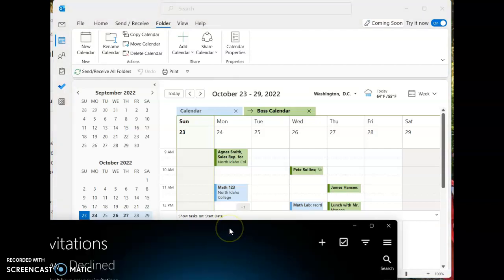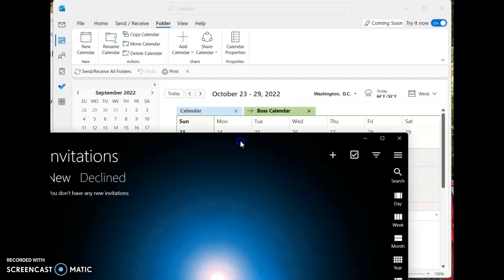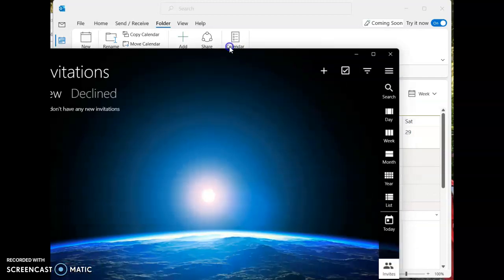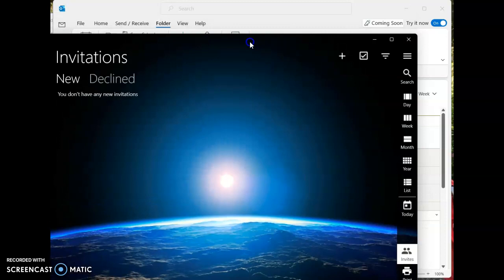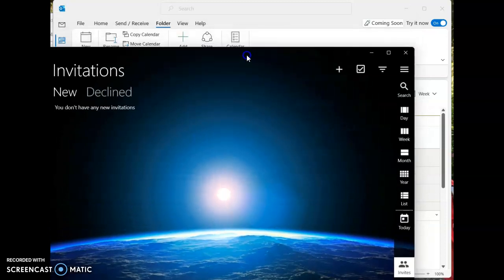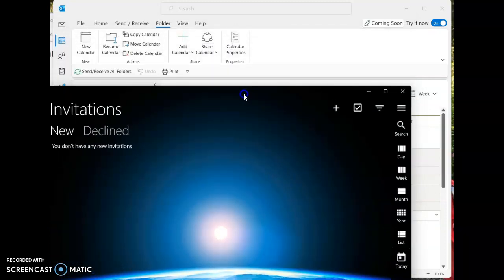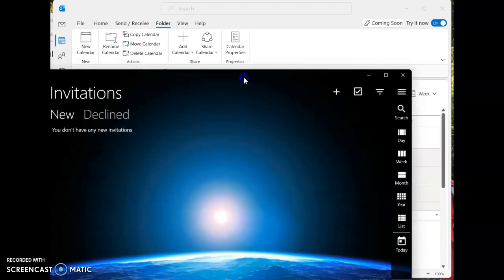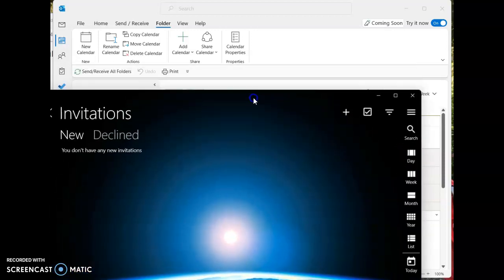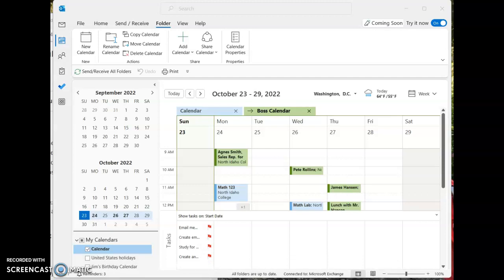So I tried downloading a really simple program called One Calendar, I believe it's called. I had great difficulty with this in sharing, so I went back to Outlook, and in this,